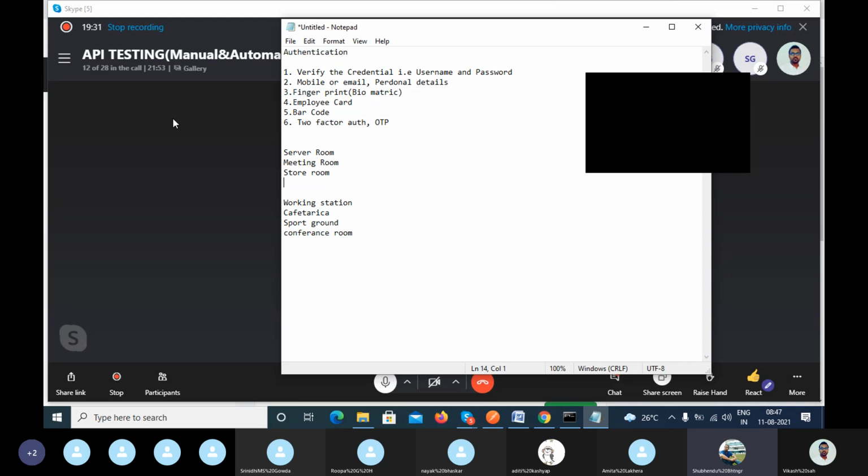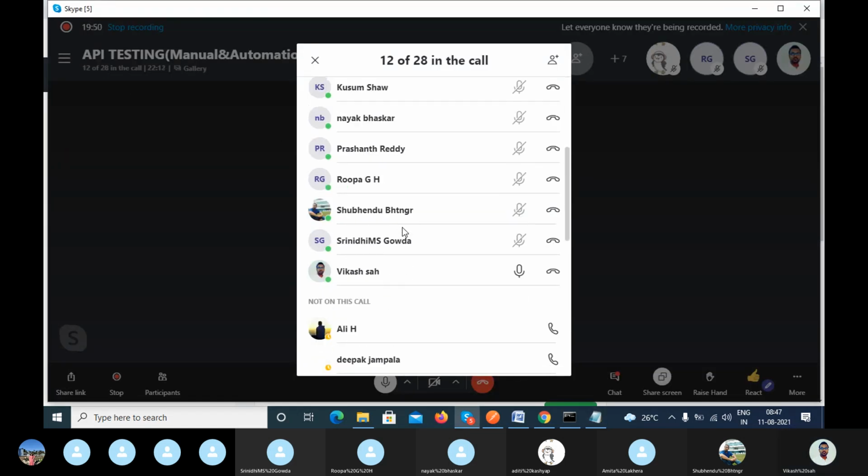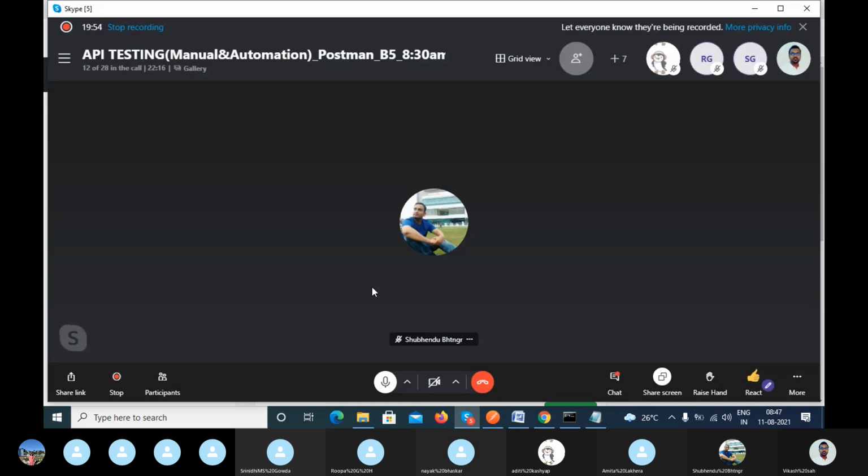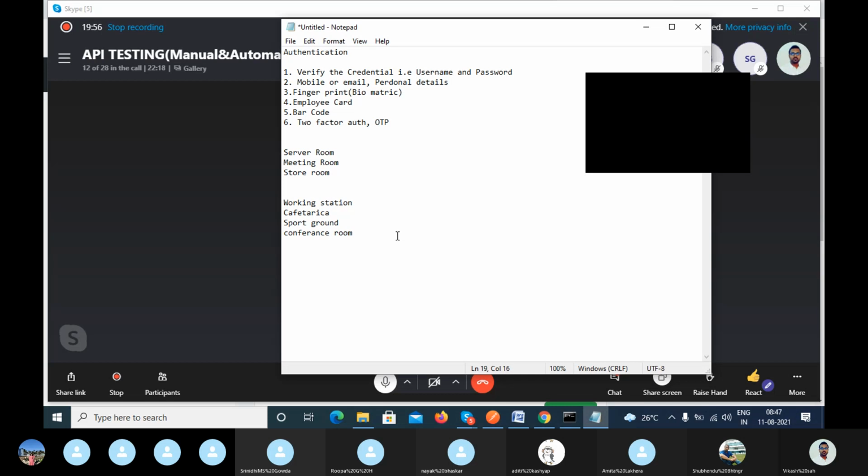So users are restricted from the server room and meeting room, but anybody can go to the workstation, cafeteria, sports room. Okay, clear. Anyone having some other answer or agree with this point? Everyone agree? So that is known as authorization.